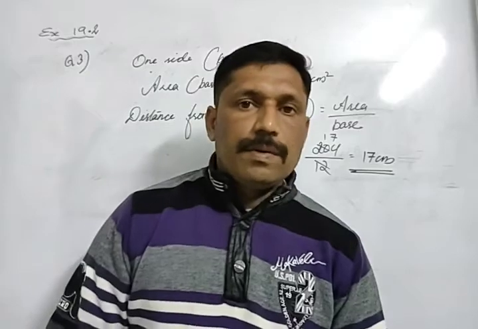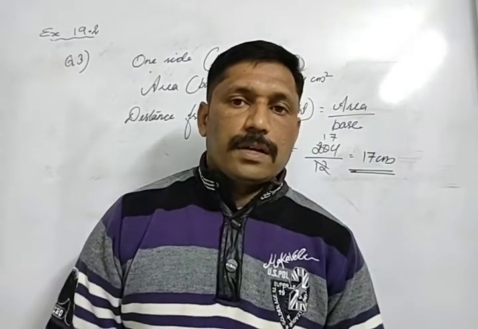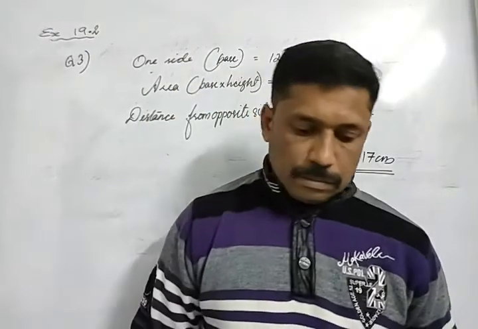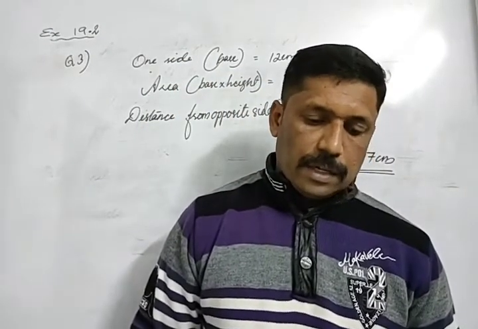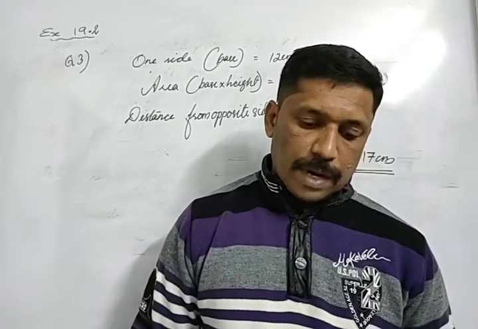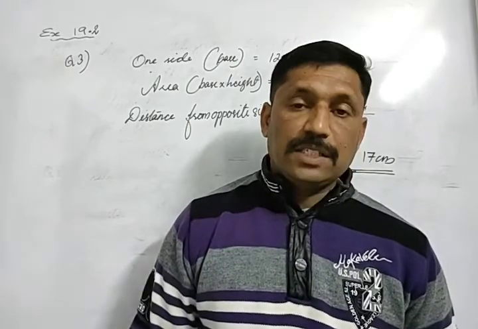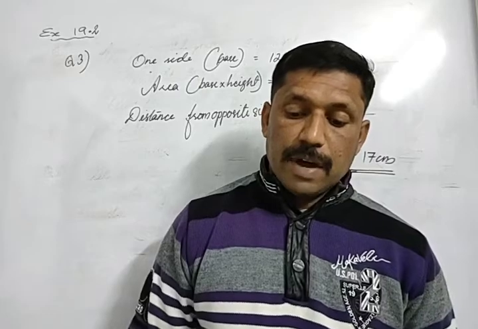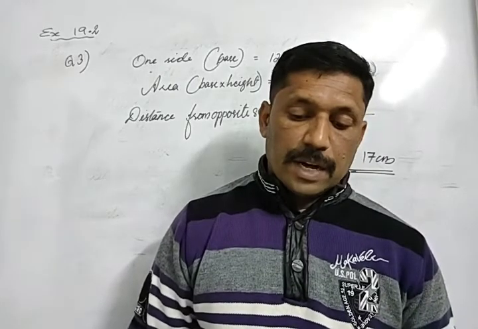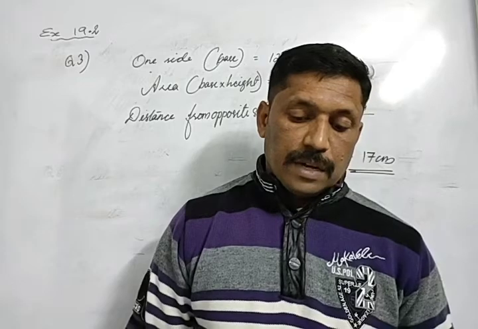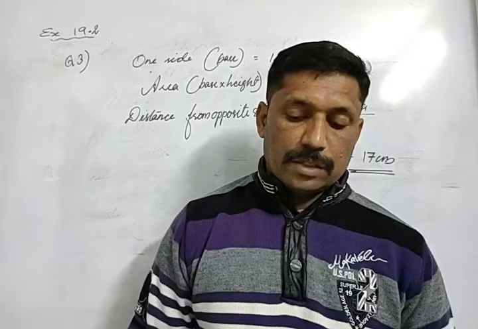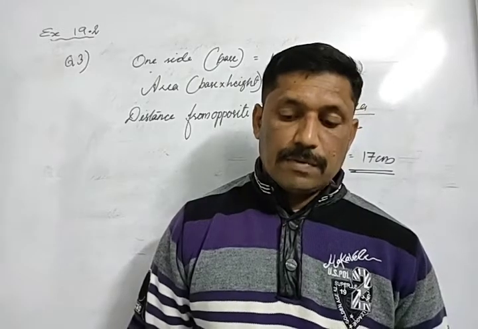So students, I think we will close today's class here. One question I am going to give you, question 4 of exercise 19.2, as homework. The base of the parallelogram is thrice its height. Base is equal to thrice of height. So height we assume x and base is equal to 3x, and the area is given, 675 centimeter square. Then find the measure of base and height. So area is equal to x into 3x, that means 3x square. 3x square is equal to 675.